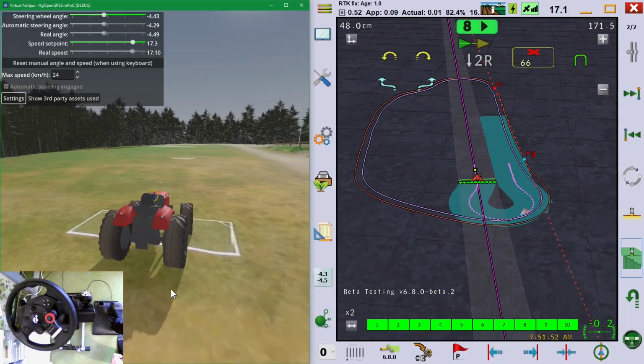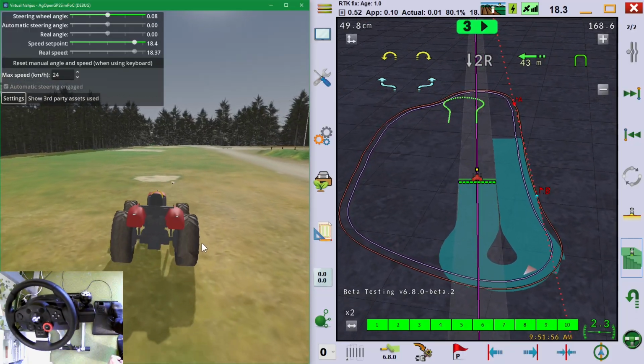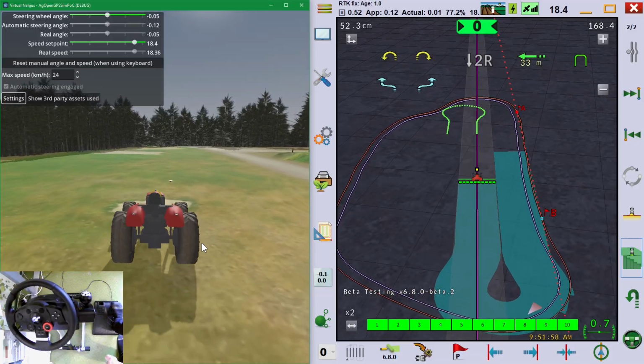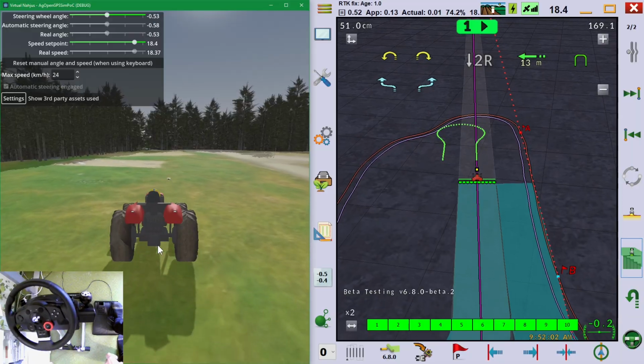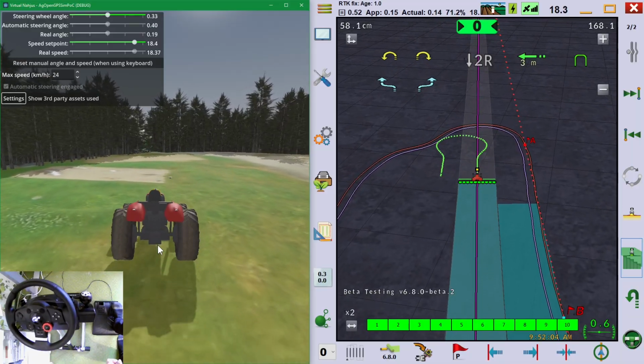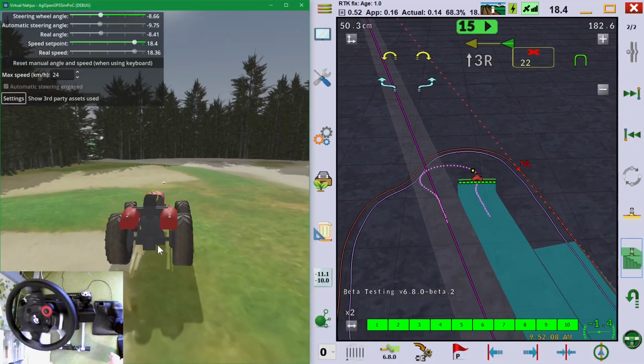This middle section of this field is actually very bumpy here. It's not that bumpy in real life, but it's related to this scanning process. We can get back to that later.